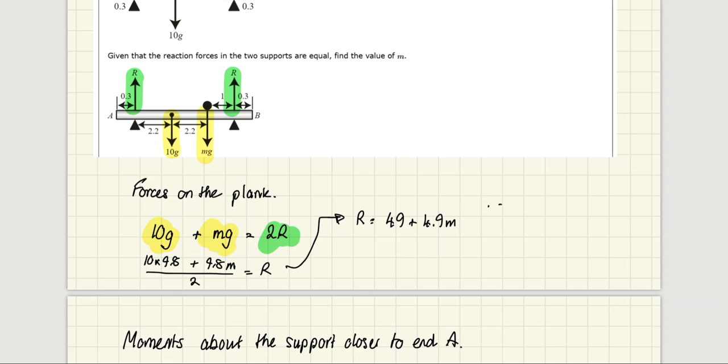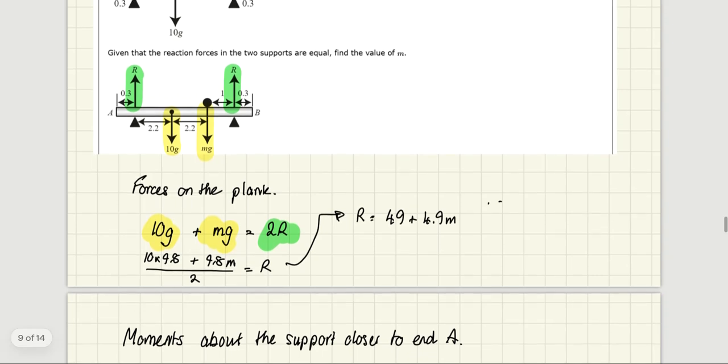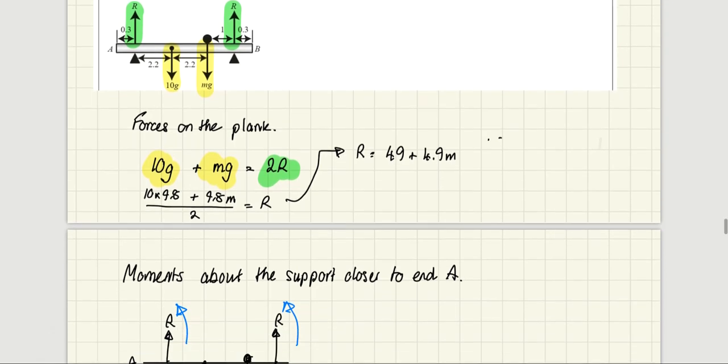It says it on the screen. mg plus mg. Taking moments about the support closer to end A. Again, why the moments closer to end A? Because you don't have 2 unknowns. Okay, so